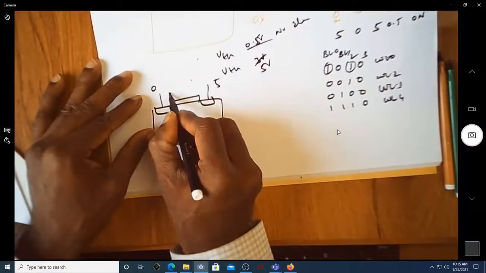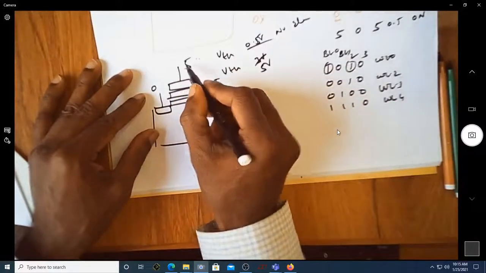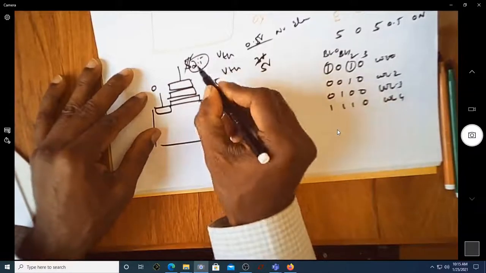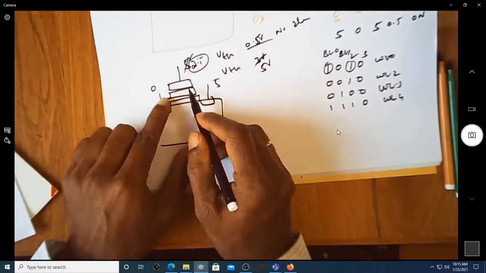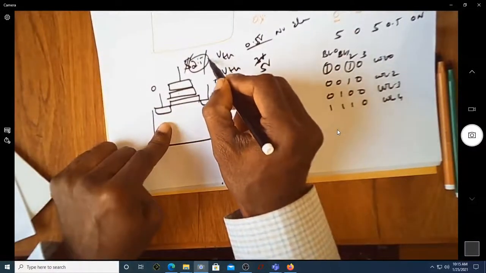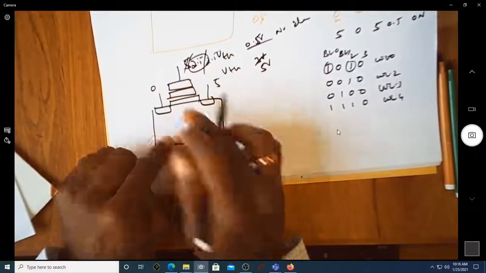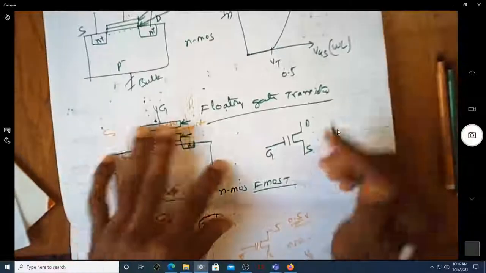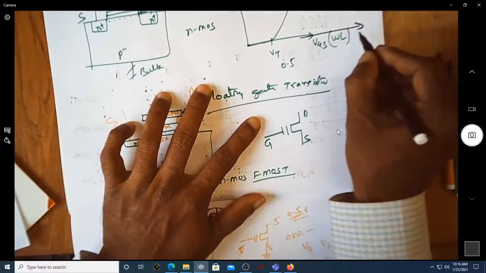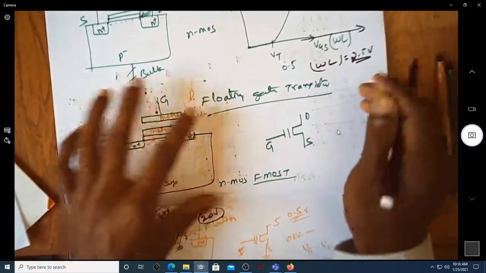Now this is your floating gate structure. If you apply 5 or maybe 2.5 volt, for 2.5 volt when there was no electron, this was conducting. When you apply the same 2.5 volt now, there is a change in the threshold voltage, so this looks like off. If this is your word line, what was your word line voltage? Assume that it is 2.5 volt.